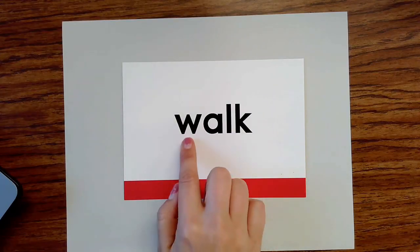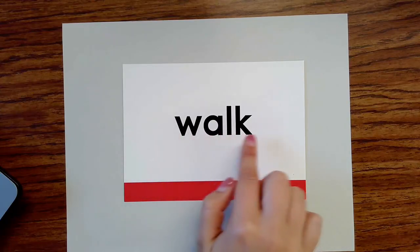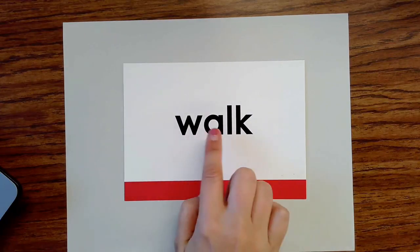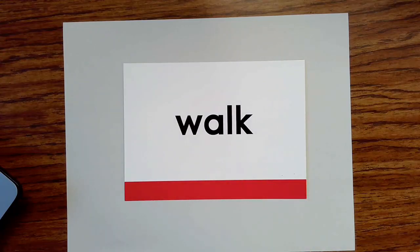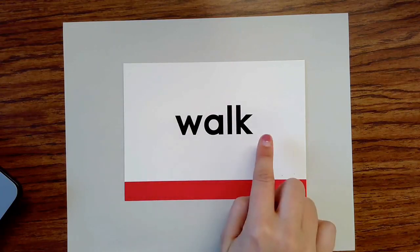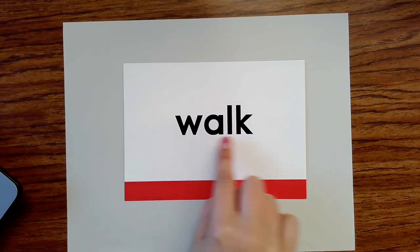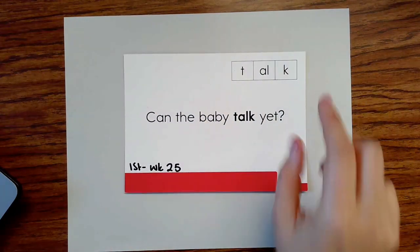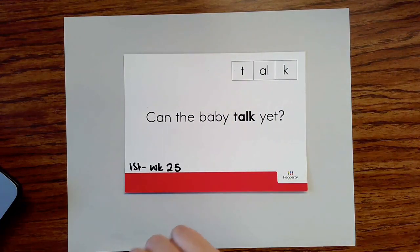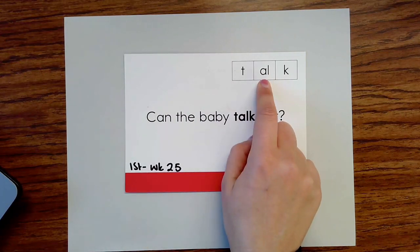Spell walk. W-A-L-K. Walk. Your turn. Read walk 2 times. Walk, walk. The word is walk. Like I said, walk has a pattern, and this is another word that has that same pattern. Again, this AL is going to say ah in the word